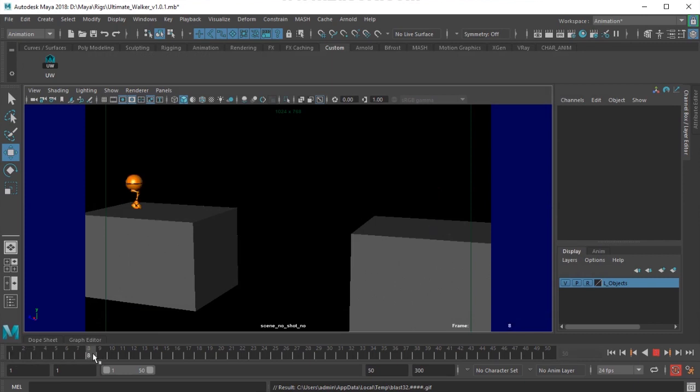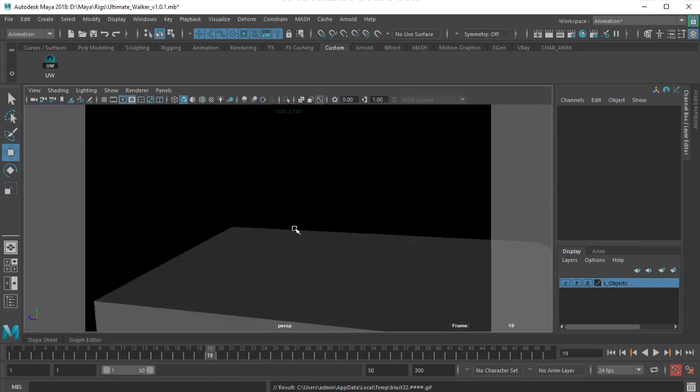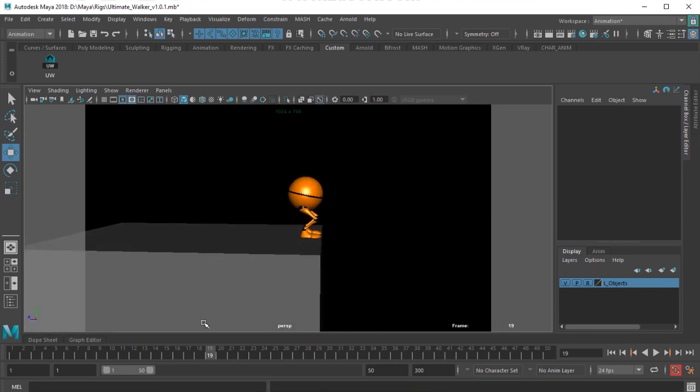So whenever we jump, if we go down like that, we call this an anticipation pose, which means we are anticipating that this character is going to jump now. So the audience can get some time to understand what is going to happen next.